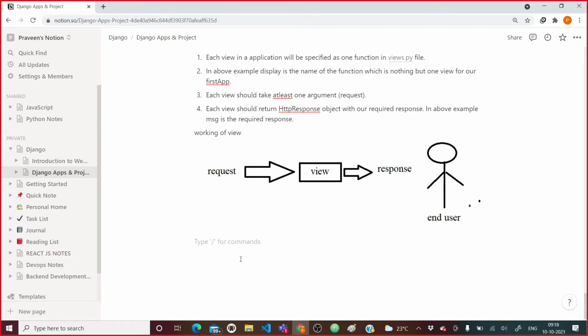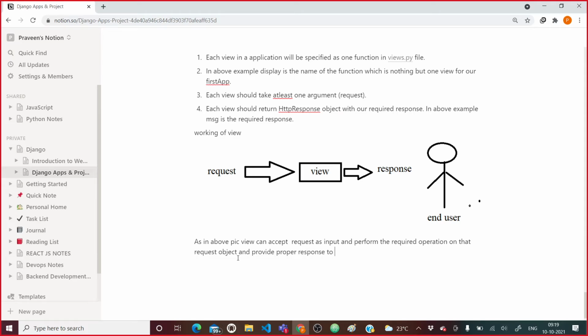As in the above picture, what is the view doing? A view can accept a request as input, perform the required operation on that request object, and provide a proper response to the end user, right?